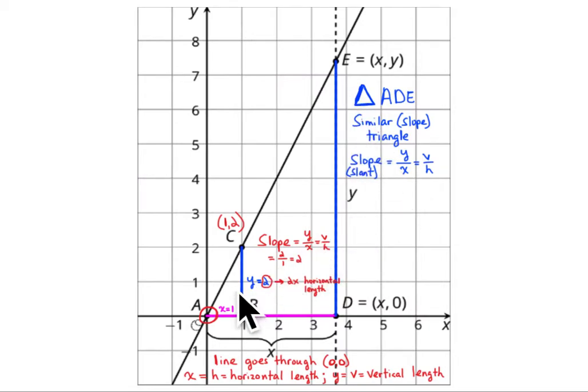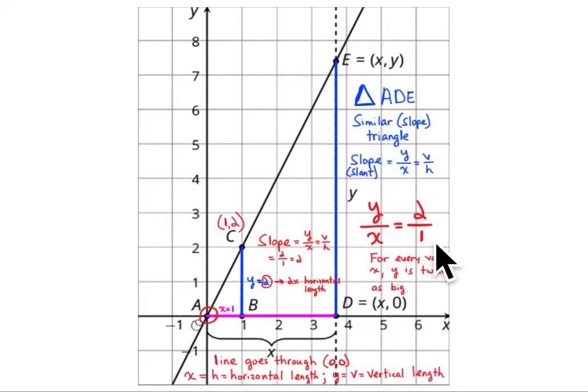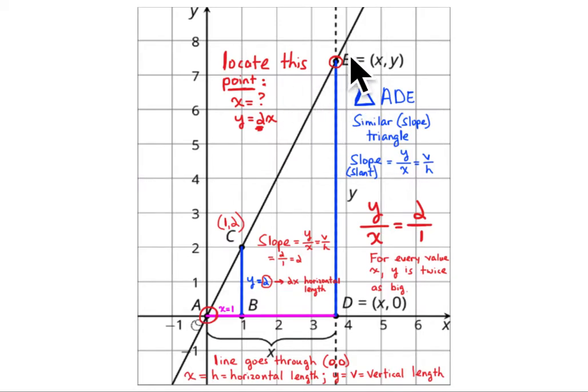So y to x, what does that equal? y to x equals 2. For every value of x, y is twice as big. So if you go out to 2 units, y is going to be 2 times 2, or 4 units. Go out to 3 units, y is going to be 2 times 3, or 6 units. So locate this point, which is not on one of the lines. It's a little bit harder. Whatever value it is for x, y is going to be 2 times that value. This is the relationship for every point on this line. For whatever value you have for x, the value for y is going to be twice that value, or 2